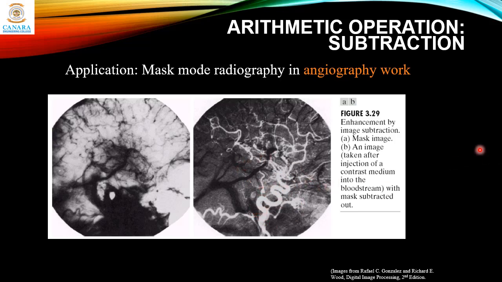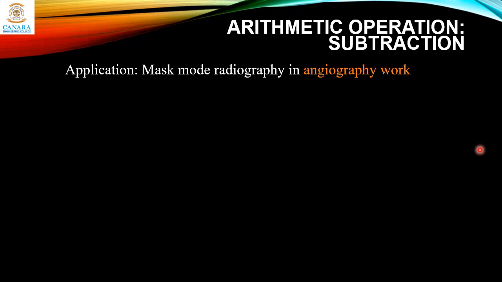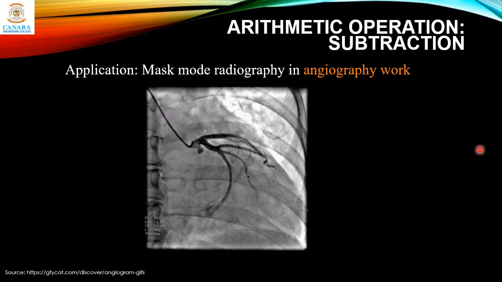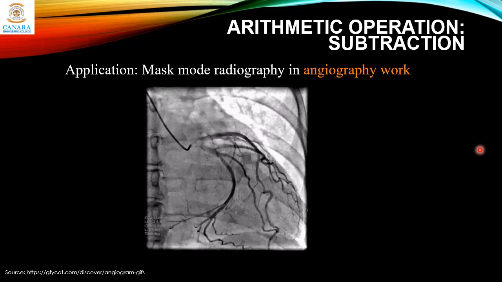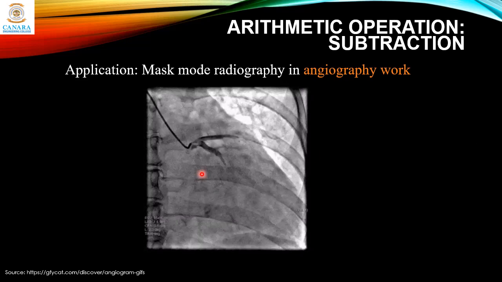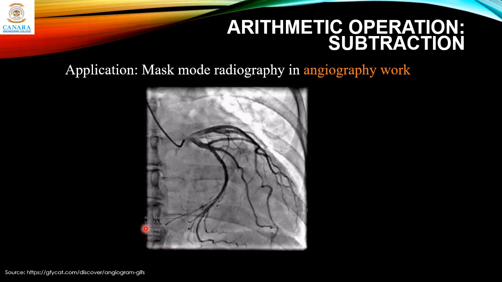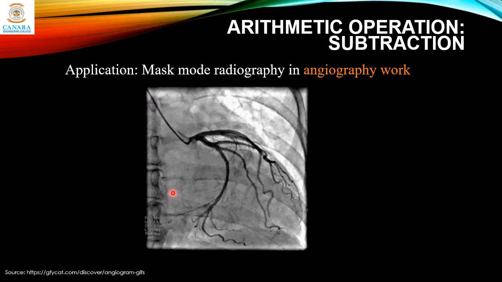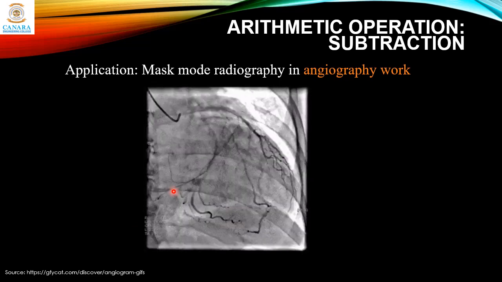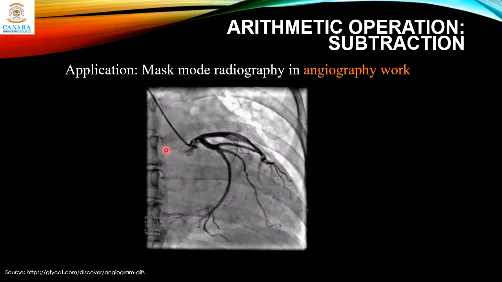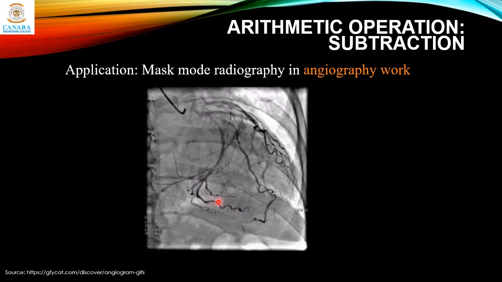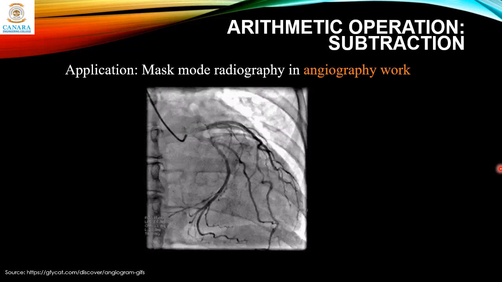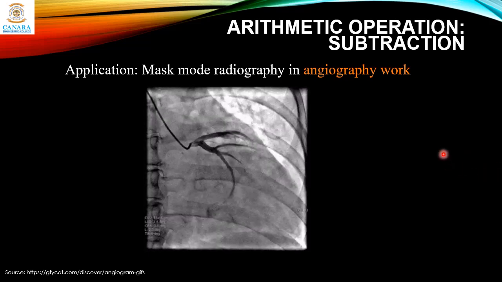Okay. Next, one more popular application is in this angiogram of the heart, and you can see you can actually get a live video of what's happening. Okay, just insert the contrast medium, and you can see the blood flowing through the veins, and you can make out where there is a clot or not. Okay, so this is one use of arithmetic subtraction.